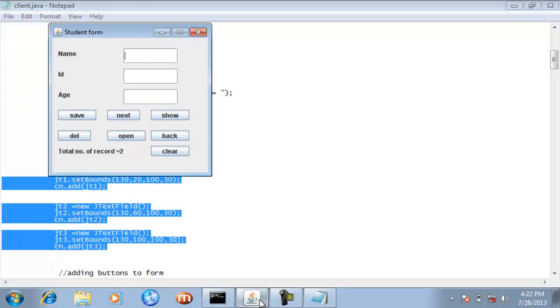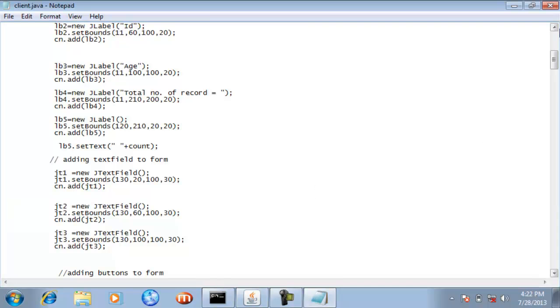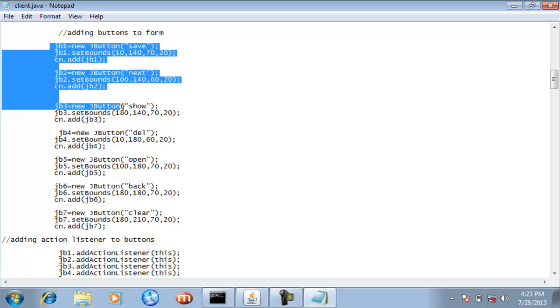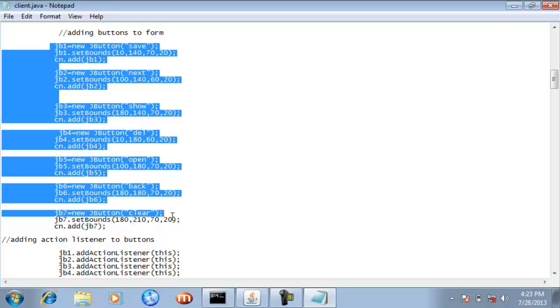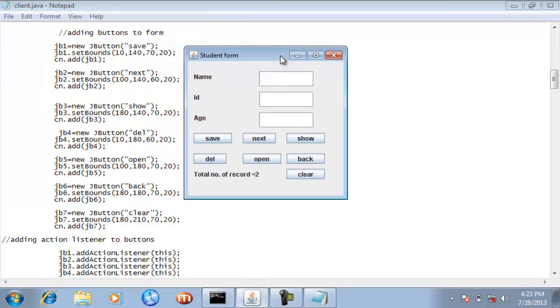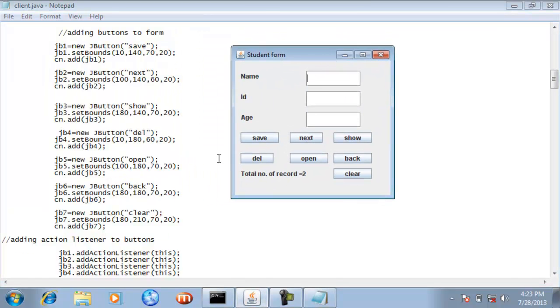If you compare this form, there are the first, second and third text fields. After adding the text fields to the form, I have added some buttons. Here are the 7 buttons that I have added, like save button, next button, show button, delete, back, this type of thing. In this way you add these components to the form.